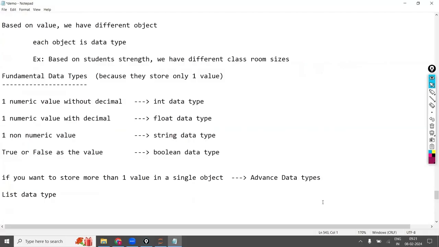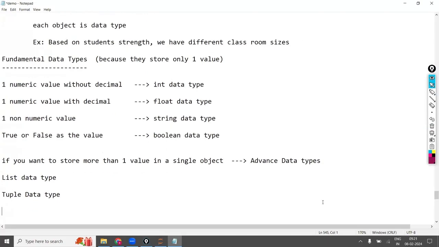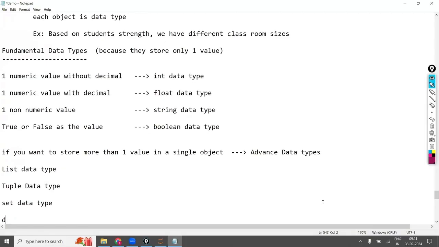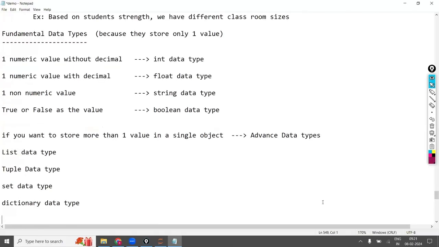Second one is the tuple data type. Third one is the set data type. And the fourth one is the dictionary data type. These four come under advanced data types.